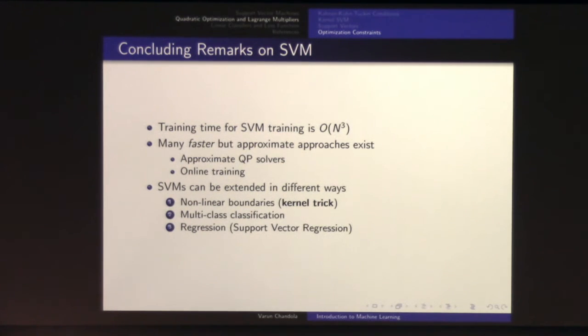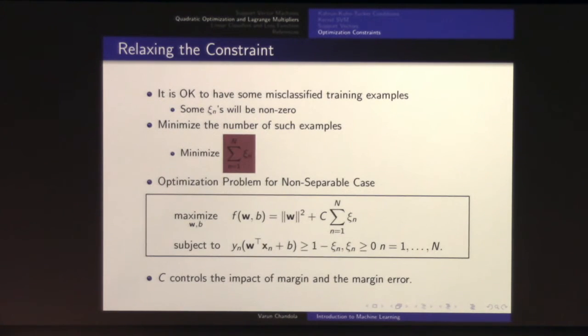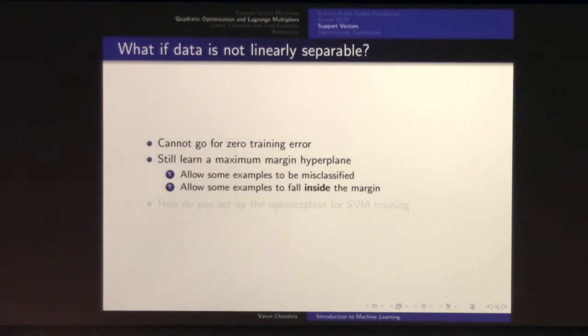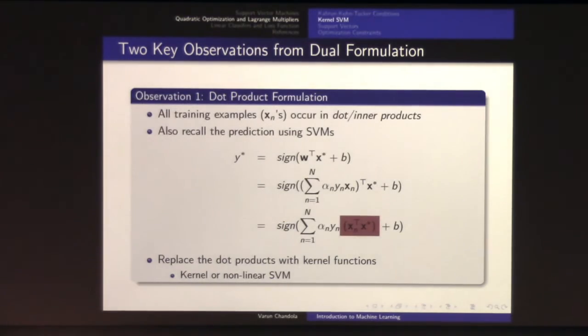So let me provide some concluding remarks. SVMs are fairly widely used in the community. The reason being, number one, that they do all this kernel thing. They're pretty efficient, right? Of course, if you look at the time for SVM training, it's roughly cube of the training data size, which is still not very efficient. So when I say the training time, which means that if you, where is that,